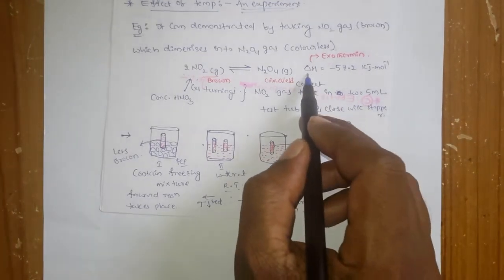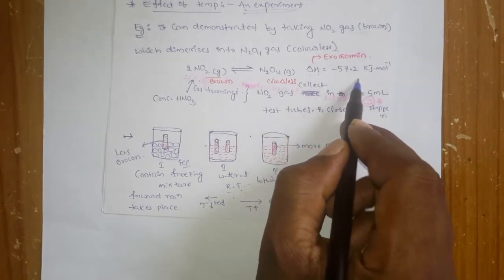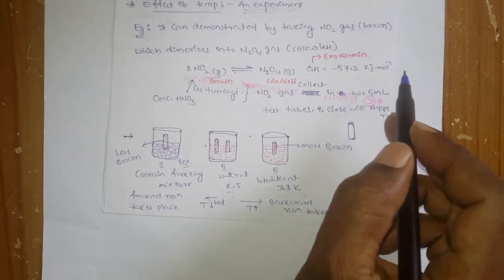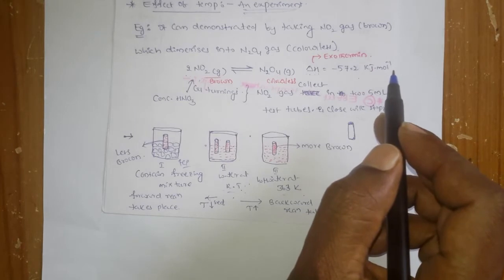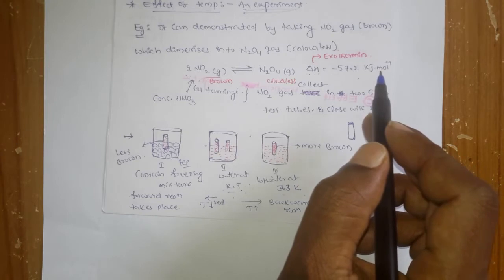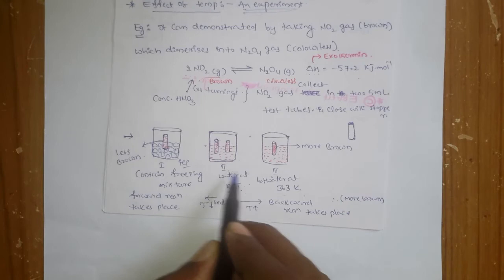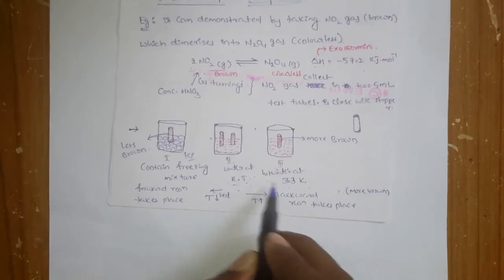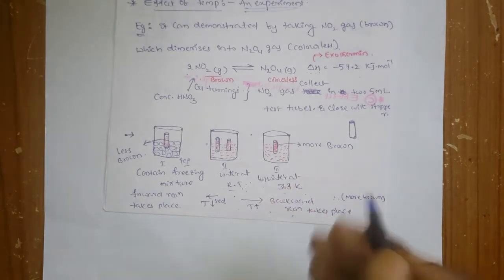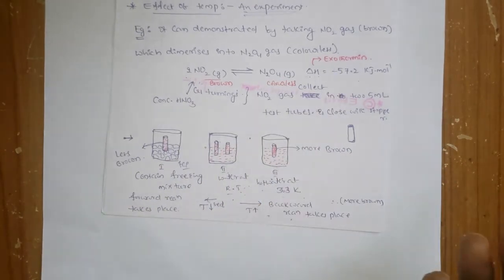That depends on delta H. You know that it depends on the delta H. Here how is the delta H? It is -57.2. So that means it is negative. It is an exothermic reaction. For an exothermic reaction, is an increase in the temperature favorable or not favorable? For the exothermic reaction, increasing the temperature is not favorable, so that it takes the backward reaction. Okay, so what did he do here? He increased the temperature, he boiled it, right? So what is happening when the temperature increases? The backward reaction takes place, because this is an exothermic reaction, so the forward reaction is not favorable.